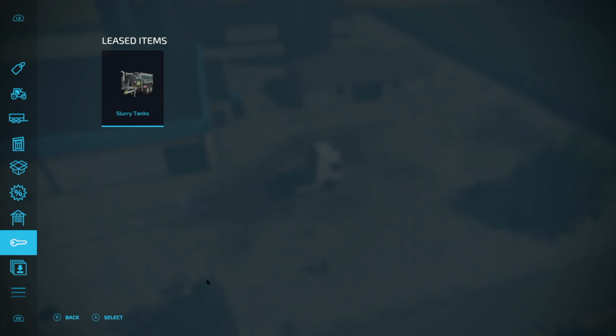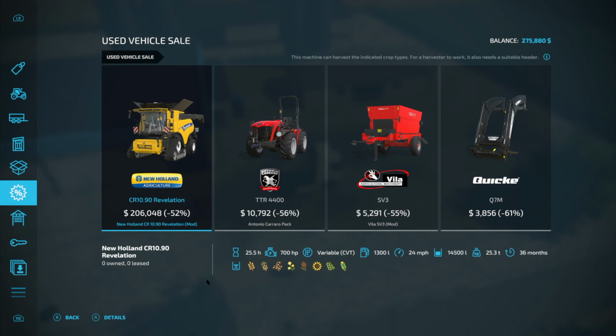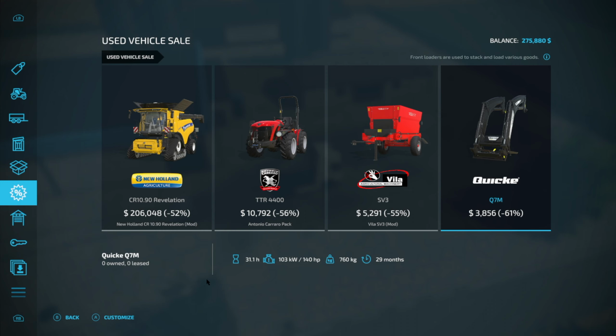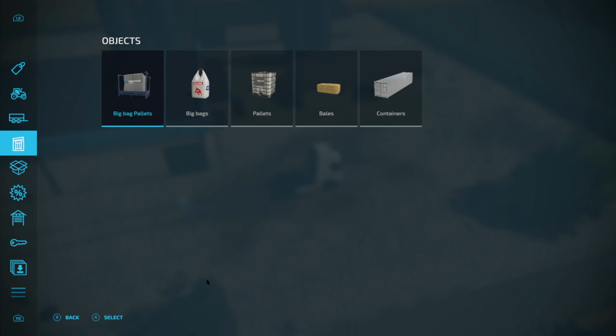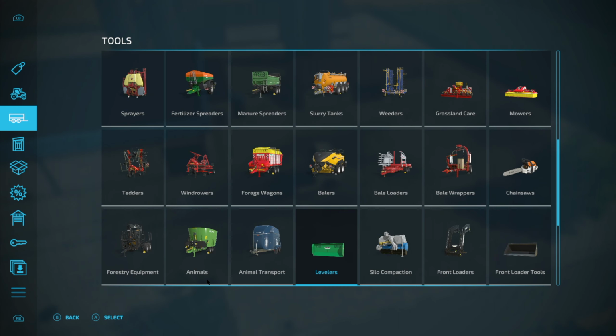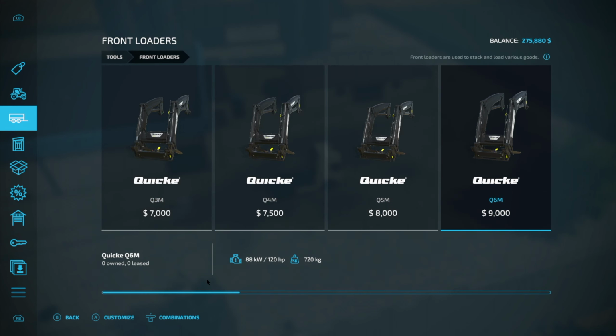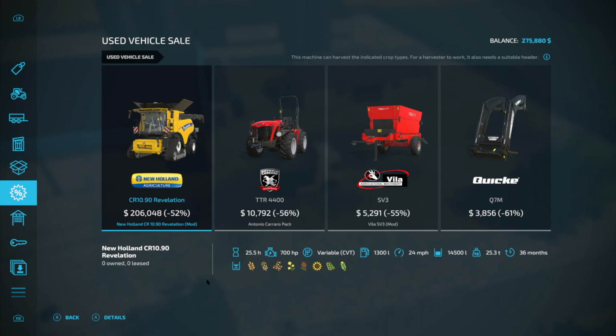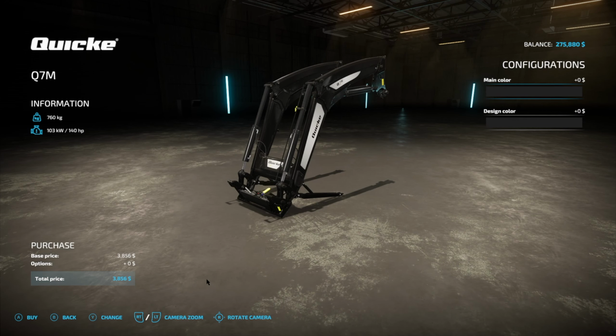And I couldn't help but notice that there is this, and I'm just about to buy a front loader for the JCB. So this is for a 140 horsepower tractor. Our JCB is about 236 horsepower. I just want to have a look at the front loaders and see if that's the top horsepower one. It needs to be a quick front loader. It is. All right, let's buy this, and it's dead cheap. So I'll buy that